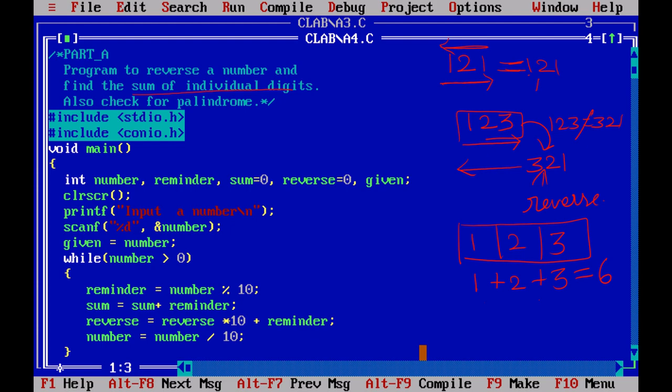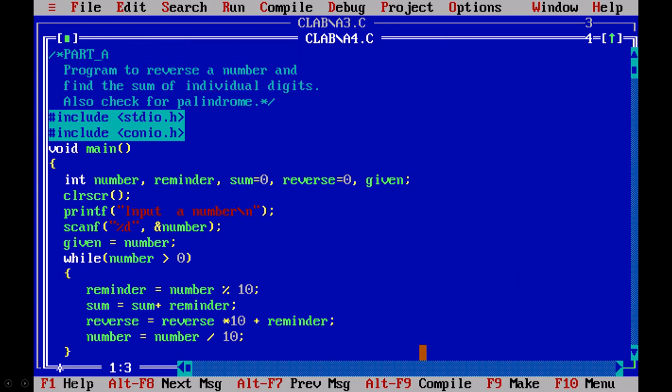Normally we learn all these things with strings also. For example, say madam, M-A-D-A-M. If you read it from here also, it will be madam. So this we call a palindrome. Liril, L-I-R-I-L. If you read it in reverse also, that is going to be a palindrome. And one more example, Malayalam, that also is going to be a palindrome. These are some examples of text. Now we are working with only numbers. Let's start with the coding.